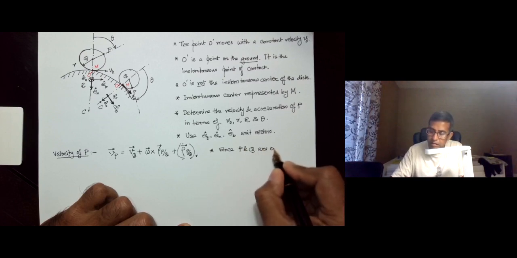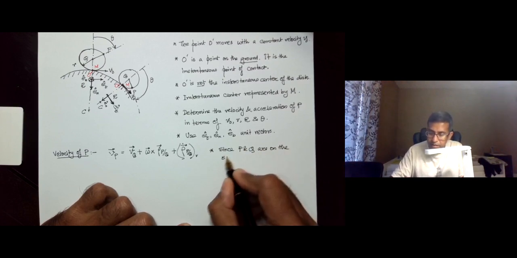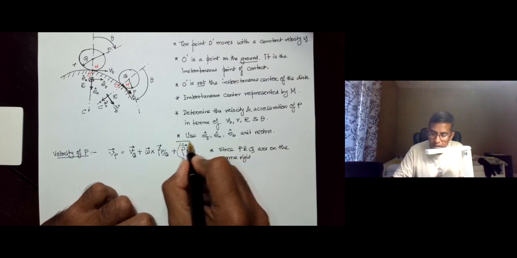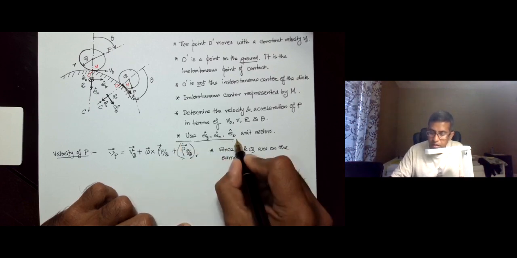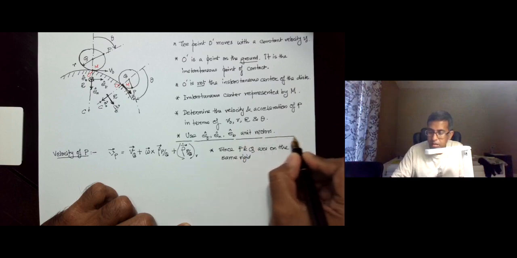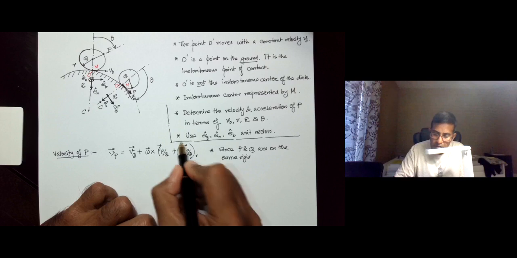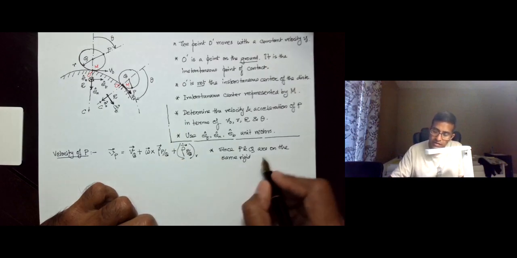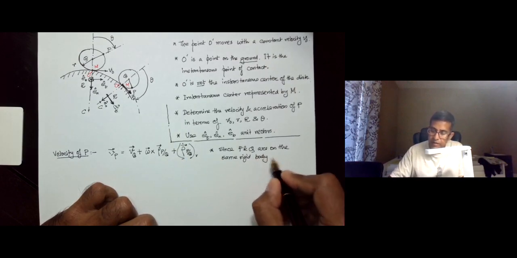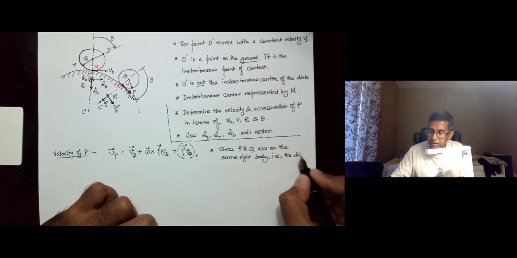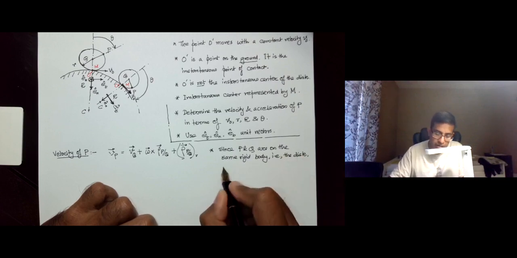Let me just put a demarcation line here. Since P and Q are on the same rigid body, i.e. the disk, therefore